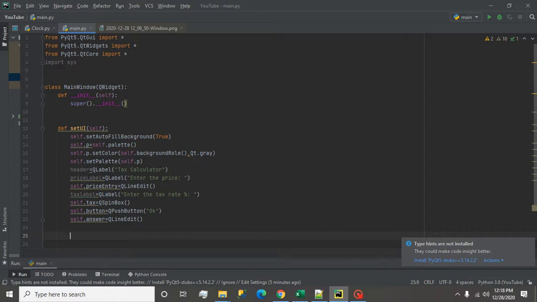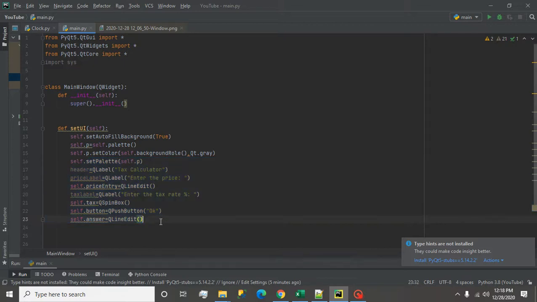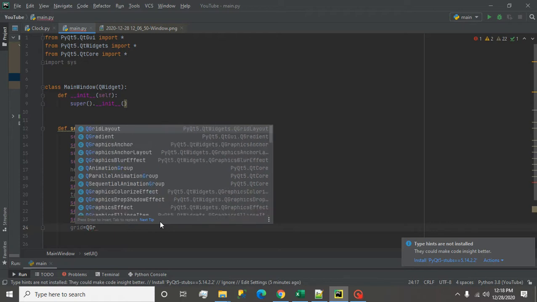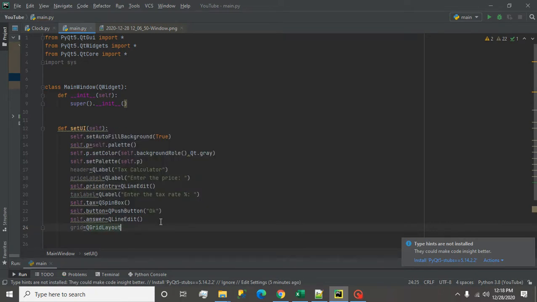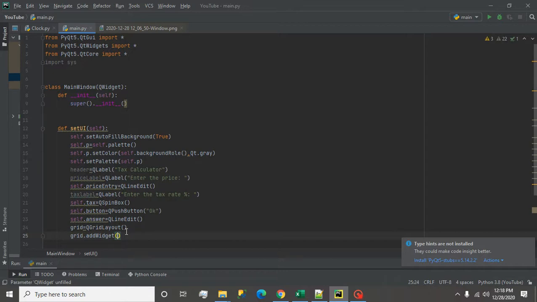Now we have to add these things into our widgets. First we have to create a layout. So I will write grid is equal to QGridLayout, we are using it, and now we add one by one. So grid.addWidget I'll call, and here I pass the variable.